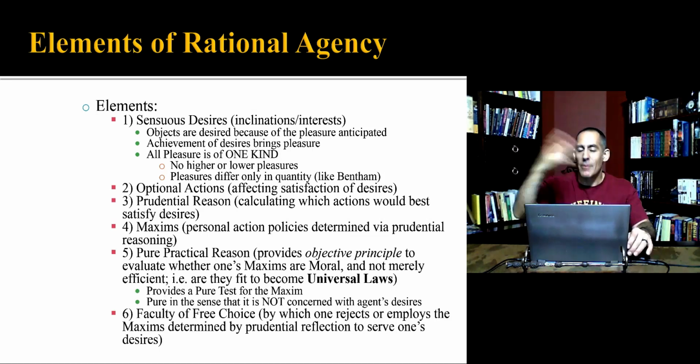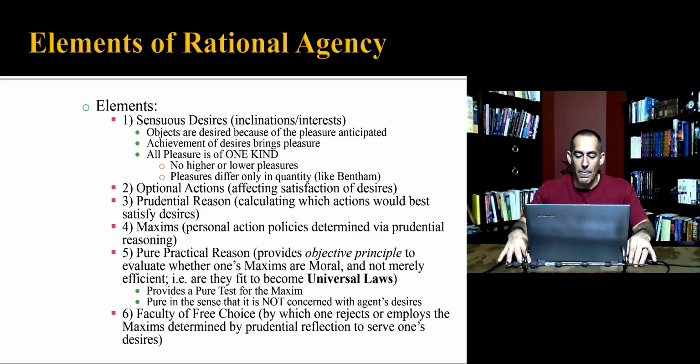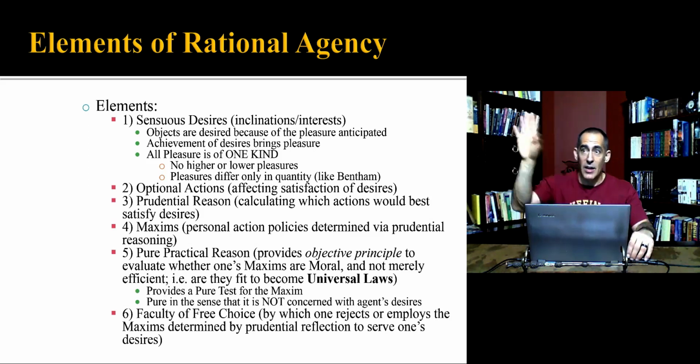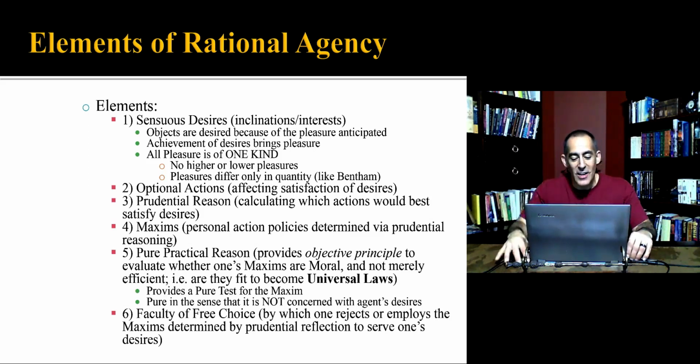Again, at least I say everybody has these things, right? So I'm not going to go through what desires are because I think we've already talked about these pretty well. The second are the optional actions, right? I've got the desires and I've got possible or optional actions that allow me to get to that desire, at least what I think actions will get me to that desire. My prudential reasoning is trying to figure out what the best course is to satisfy that desire.